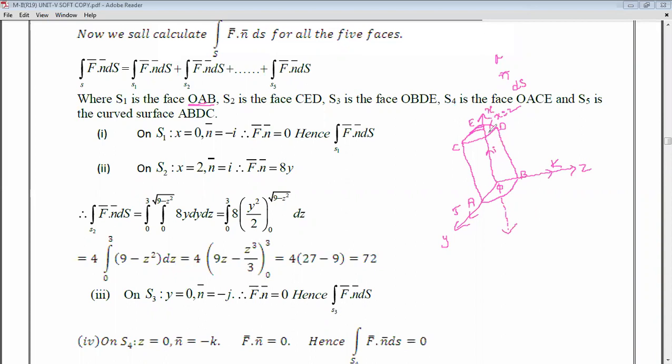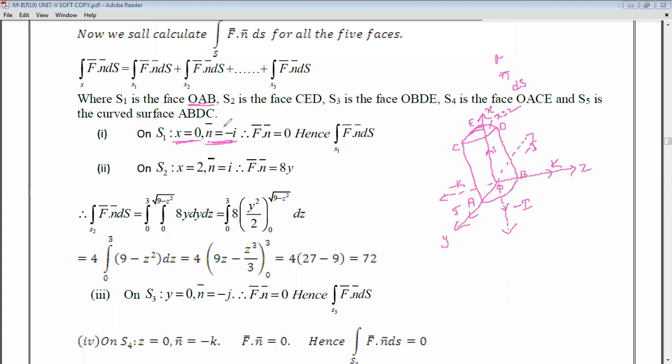So here the positive one is I, and coming to this one it is minus I. In the same way, if you are taking this projection, that is minus J. And if you are taking this, we'll get it as minus K, right? So first we chose OAB. In OAB, the outward unit normal vector is N bar equal to minus I. And this OAB is in which plane? YZ plane, right? So that's why dS is equal to dy dz. And in the YZ plane, what about x? Here we chose x is equal to 0.